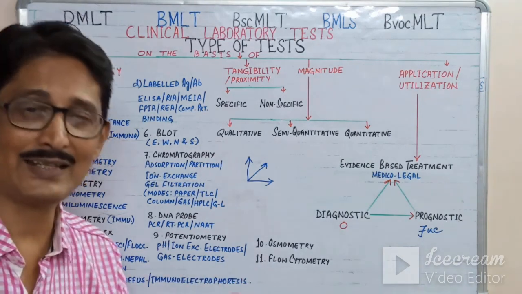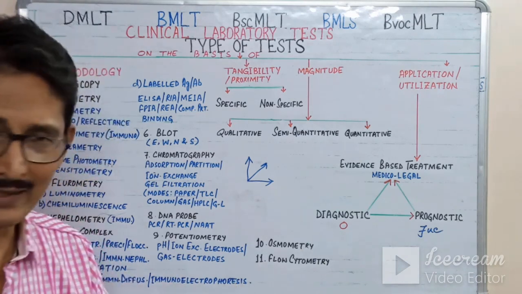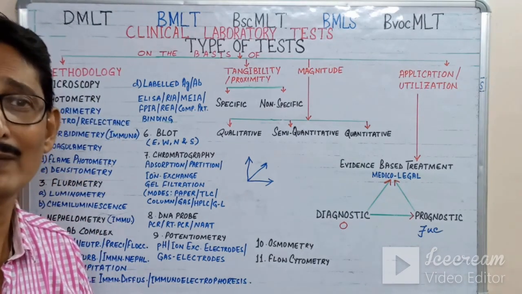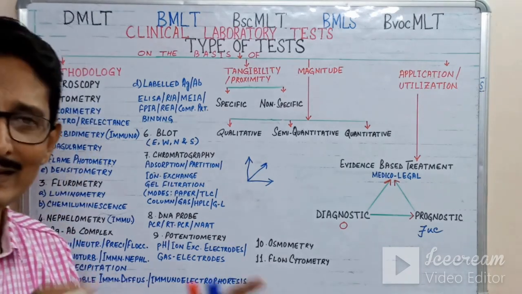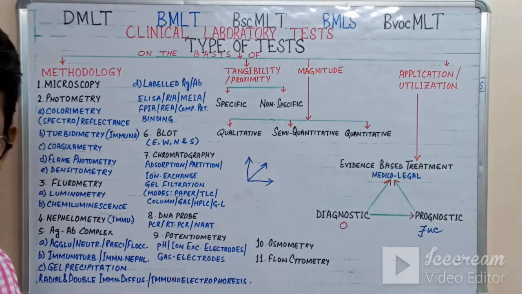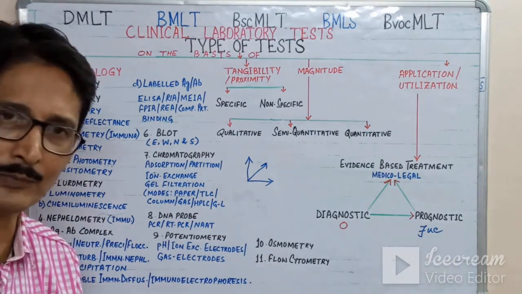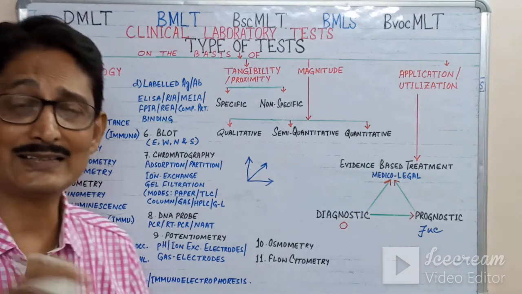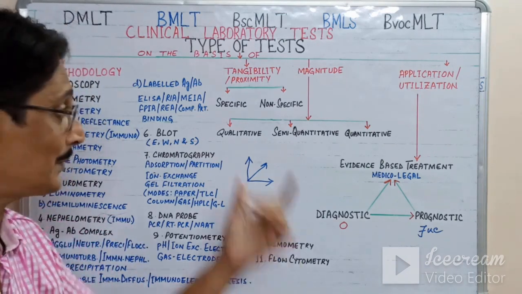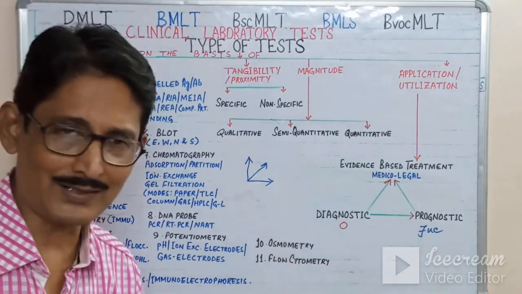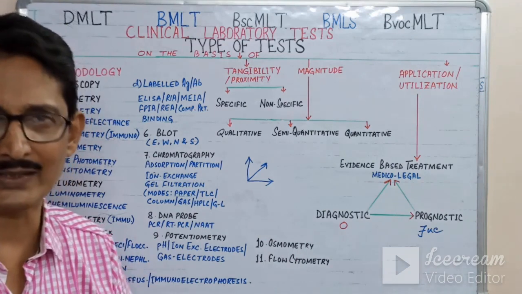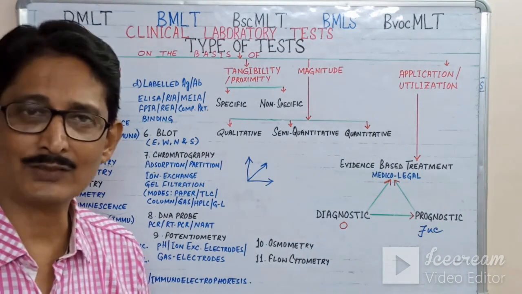Because these tests are non-specific, but these tests depict the condition of the entire physiological and pathological condition of the patient. So dengue is the cause, evolved from the specific test. But to understand the body condition, that is the physiological and pathological body condition, the other blood cell condition,